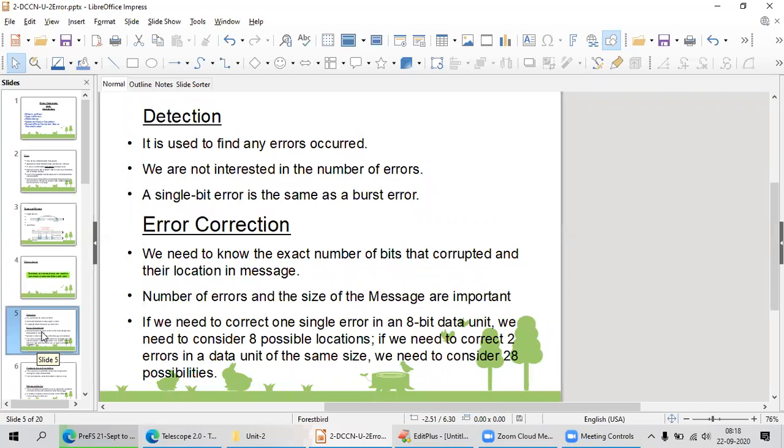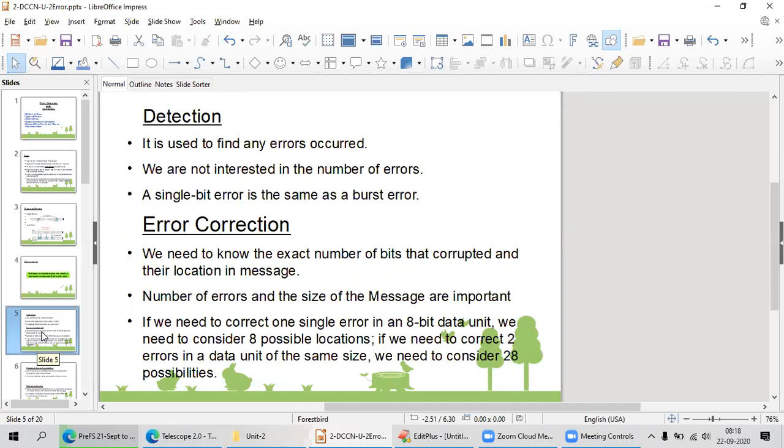But in error correction, I need to know exactly how many bits have been corrupted in my actual message, and what the locations are. Otherwise, I cannot guess or correct my message, and I am not going to get the proper message at the receiver end.